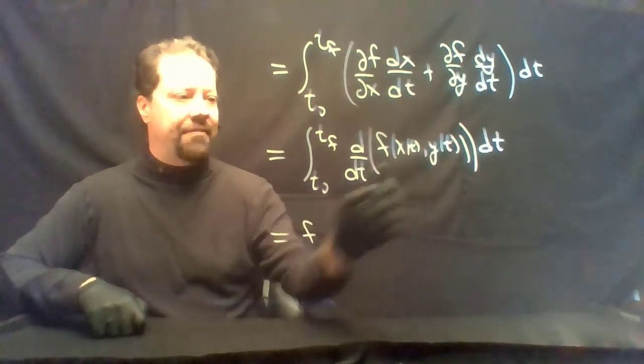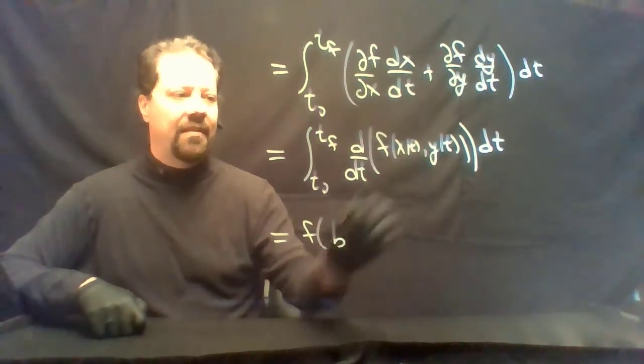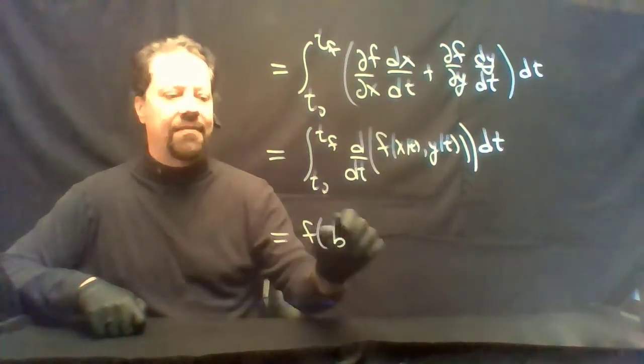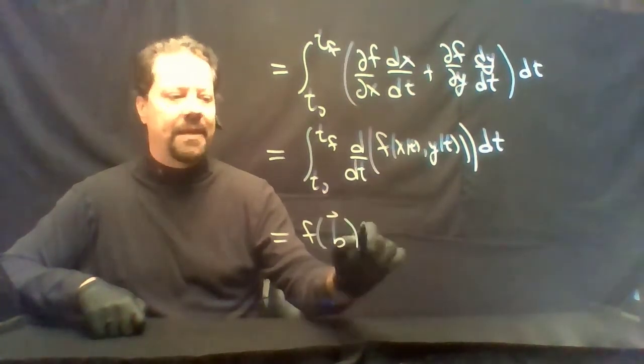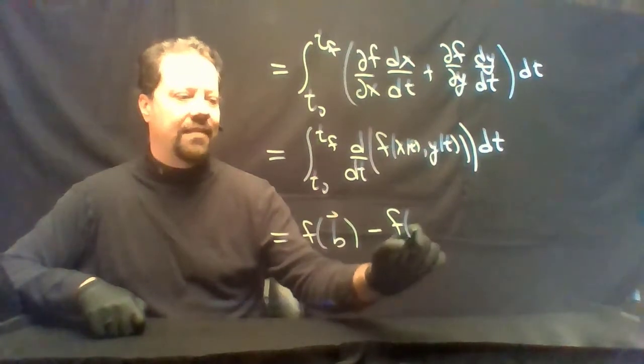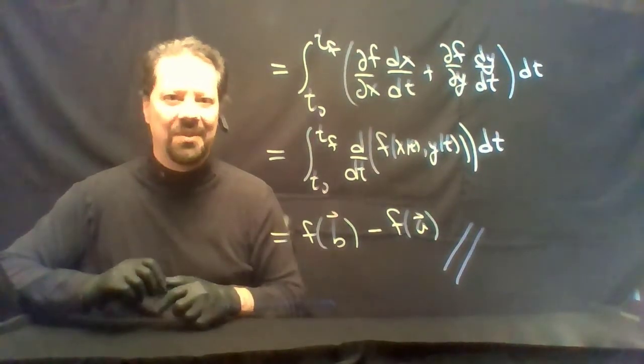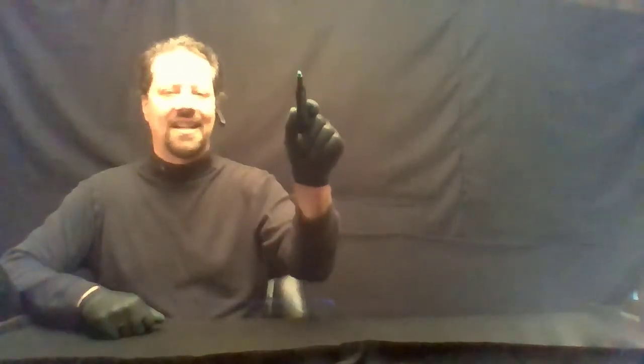We get f evaluated at t final. X and y evaluated at t final gives you the terminal point B. F evaluated at t0 gives you the initial point A. And that's the end of the proof. As an example,